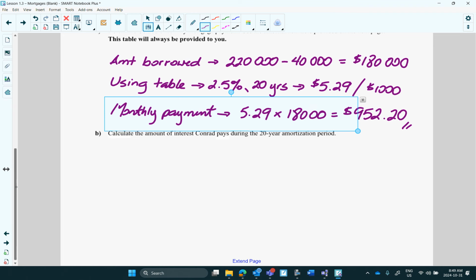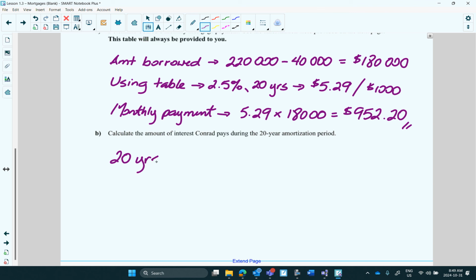Well, remember, this amount here includes the principal and the interest. Okay, so part of this is going to what he actually borrowed. Part of it, like a small part of it, is going to charging him for borrowing the money. Okay, so 20 years,